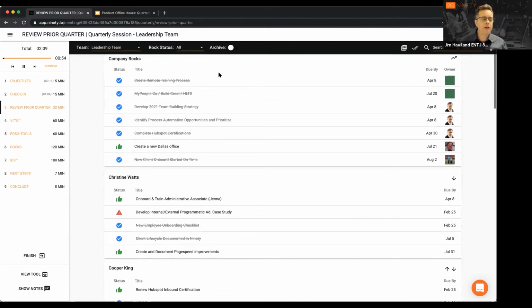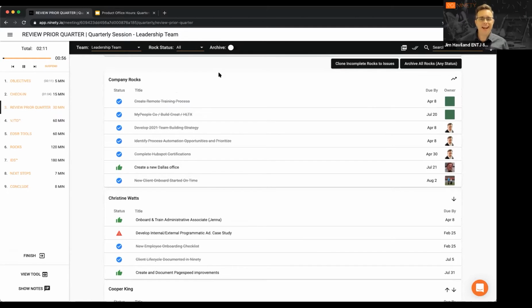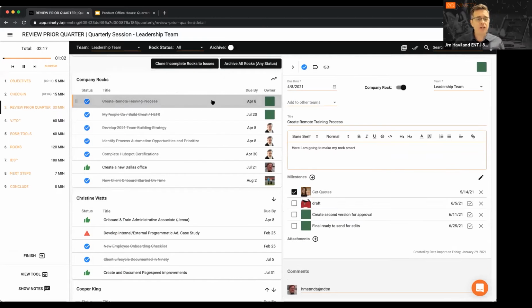And I gotta say, the important part here is to capture everything you've learned. It's great that you got the rock done, but what were the things you learned from this? And make sure you capture those in some way that you can then make part of the universe for you. So is it a document that has to be created? Is it a cascading message that needs to be sent out? This is a great opportunity as you're going through this to capture that learning so you can then redeploy it throughout the organization and lock it in.